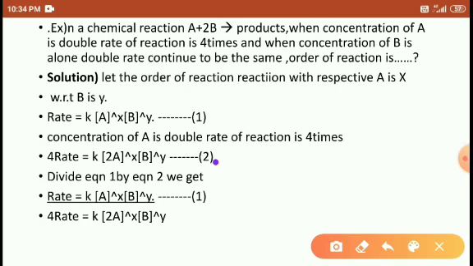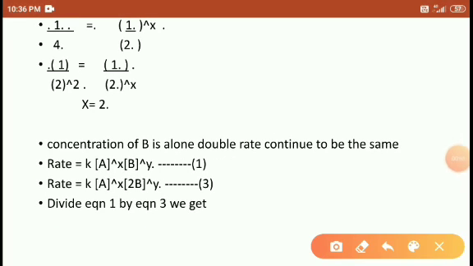Then what we have to do? We have to divide equation 1 by 2, right? Then the B gets cancelled. Here we got 1 by 2 and here 1 by 4. And here the A, 1 by 4 and the 1 by 2 to the power x. The 4 is written as 2 to the power of 2 and here the 1 by 2 to the power of x. So the base is the same here, the power is taken as the power value, the x value is 2, so that is written here x is equal to 2.